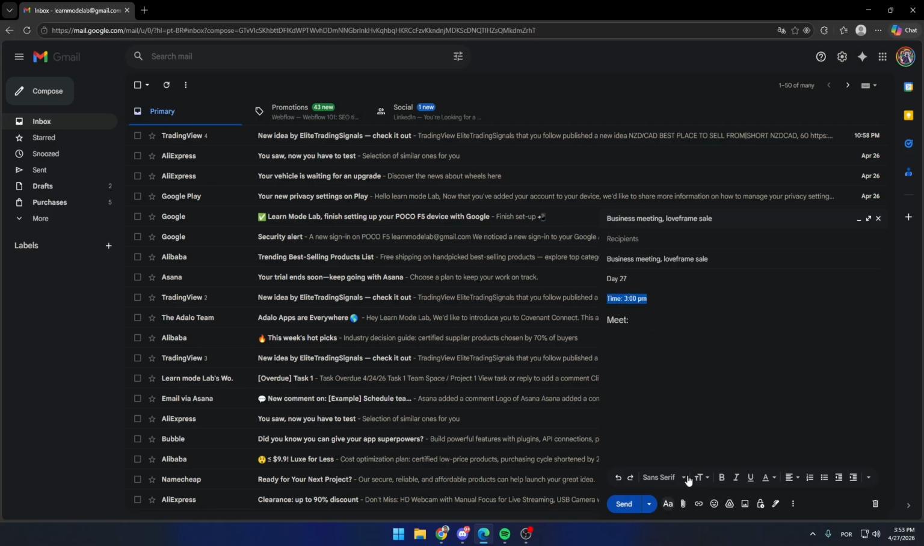To adjust the font size, click on the size option and select small, normal, large, or huge. If you want to change the color, click on the text color icon and pick any color you like for your text or background. You can also combine styles like bold, italic, and underline to make your message clearer and